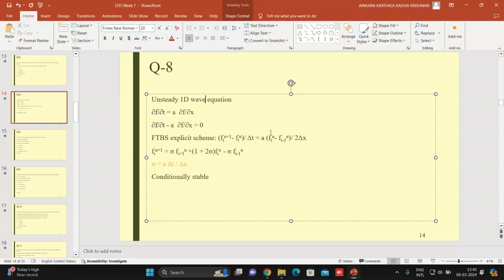So since it is backward in space, we are using delta x, and one plus, sorry, a delta t by delta x would be sigma into f, sigma into this term won't come, sigma into f i n, so 1 plus, so this would be like sigma, like this would be going other side. So sorry,